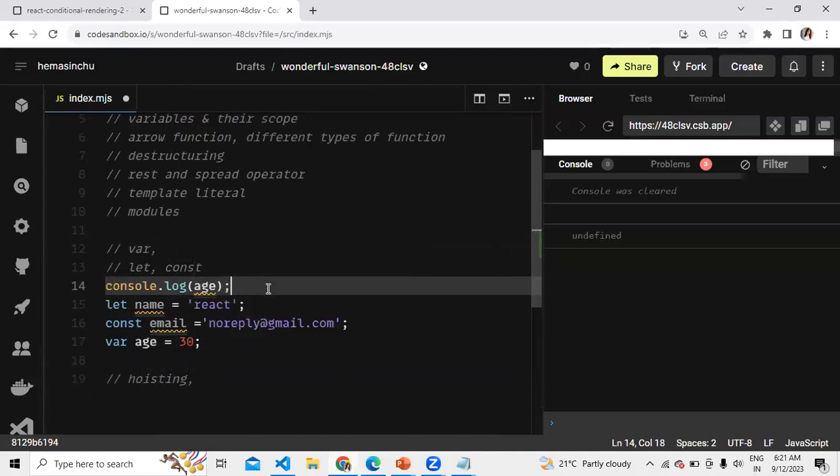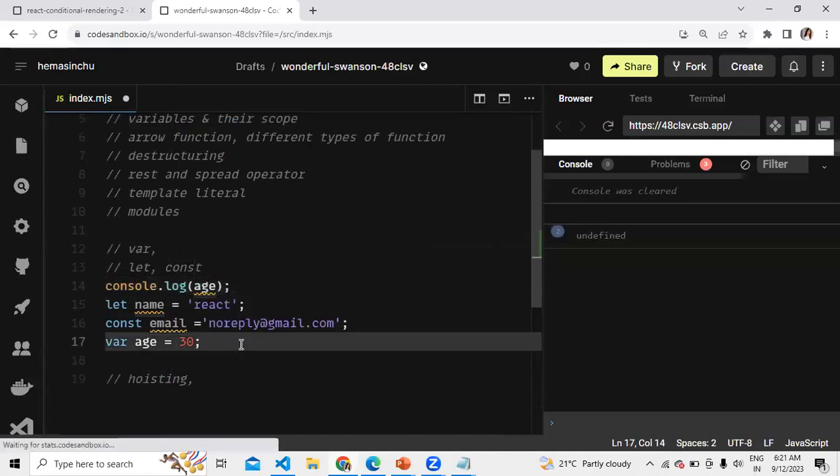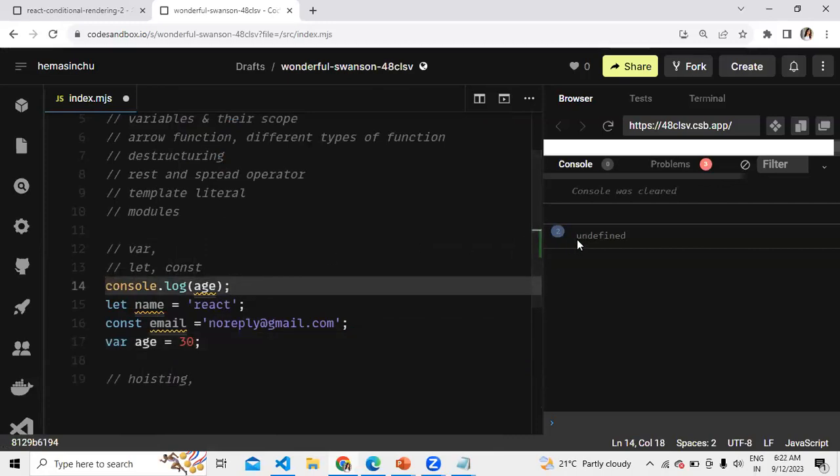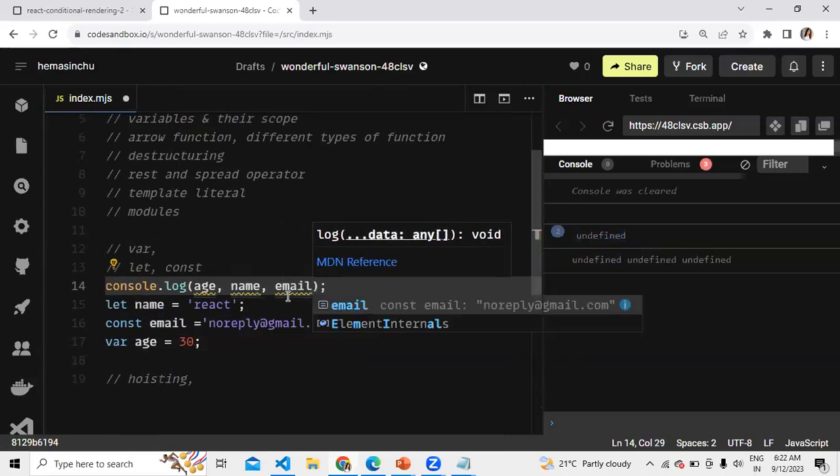Though age is defined in line number 17, I can access it even in line number 14. I'm getting the value undefined, but even then I'm able to access it. That is not possible if I want to access name and email. It is not possible to access them, so this should ideally be an error.